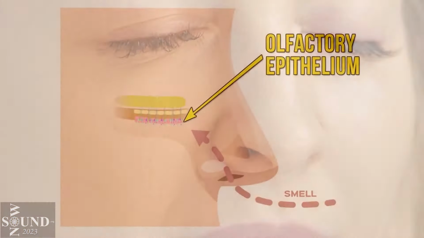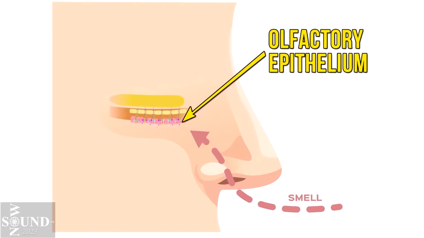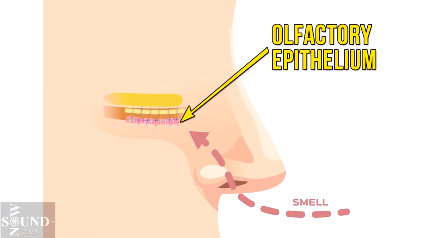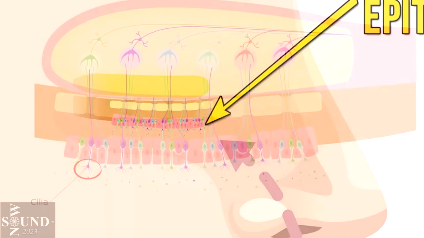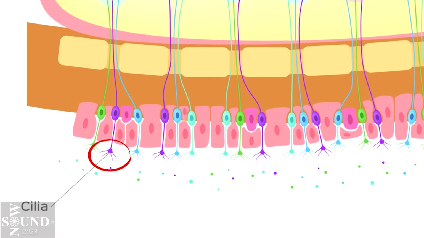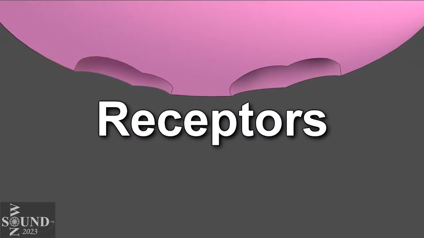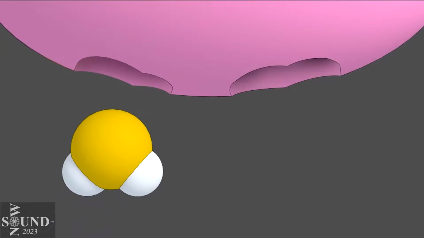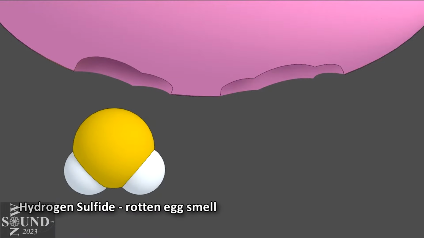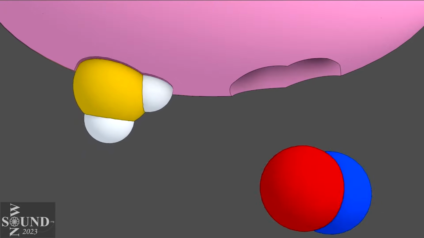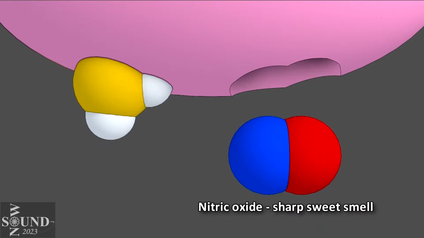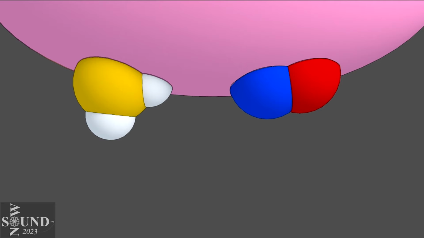At the top of your nasal passages behind your nose, there's a patch of special neurons about the size of a postage stamp called the olfactory epithelium. They have hair-like projections called cilia that increase their surface area. Any molecule from anything with a smell binds to special smell receptors on these cilia and triggers the neuron, causing a signal to your brain. At the ends of these olfactory neurons, there are about 400 such smell receptors, which can only accept particular shapes of molecules. And the exact type of smell is determined by how the molecules from the smelly compounds fit in the set of receptors of the receiving olfactory neuron.